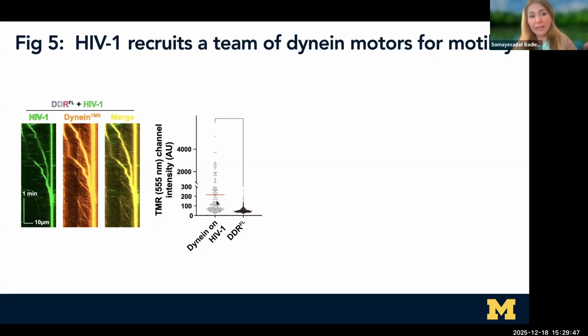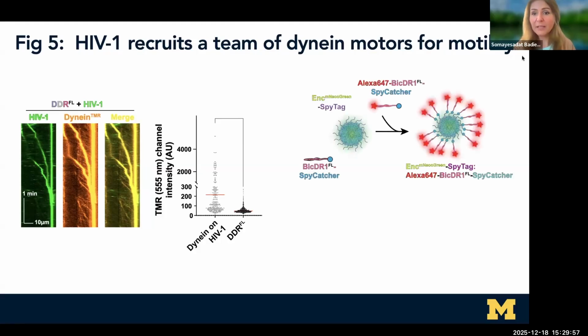But I didn't have any control on how many can bind, and it was hard to measure. So I developed a kind of model system based on encapsulin. Encapsulin is a protein cage available naturally in bacteria. In collaboration with Dr. Toby Giesen at the University of Michigan,